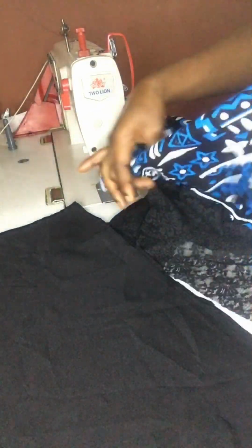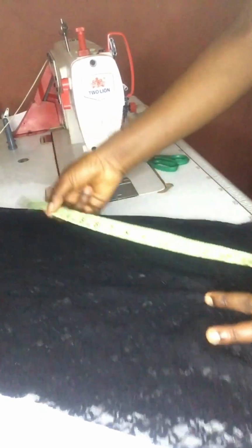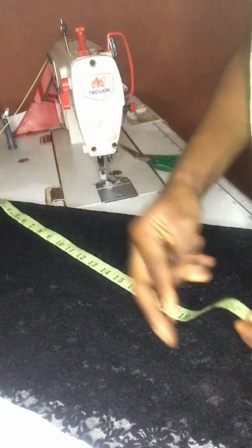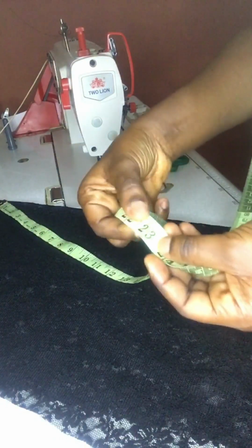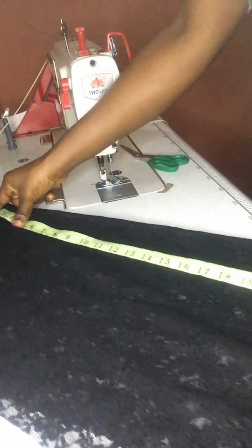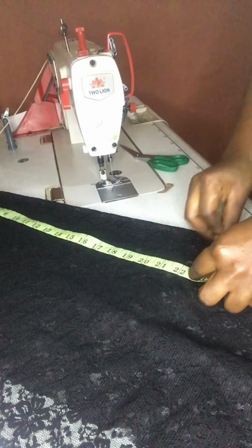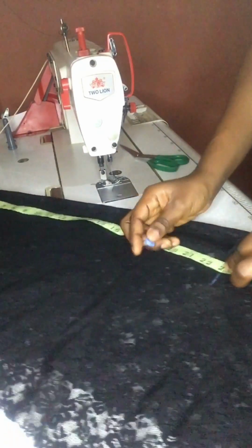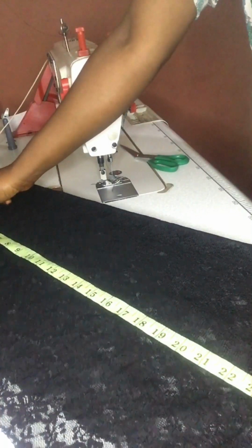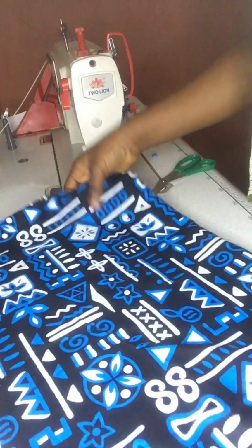So the first thing to do is to draft our sleeve pattern. The length I used is 23 inches. I used 23 inches for the sleeve length, and then I marked out my round sleeve for my 3-point. So I cut that out because this is not a sleeve class. So all you need to do basically is to cut out your sleeve pattern, and the next thing to do